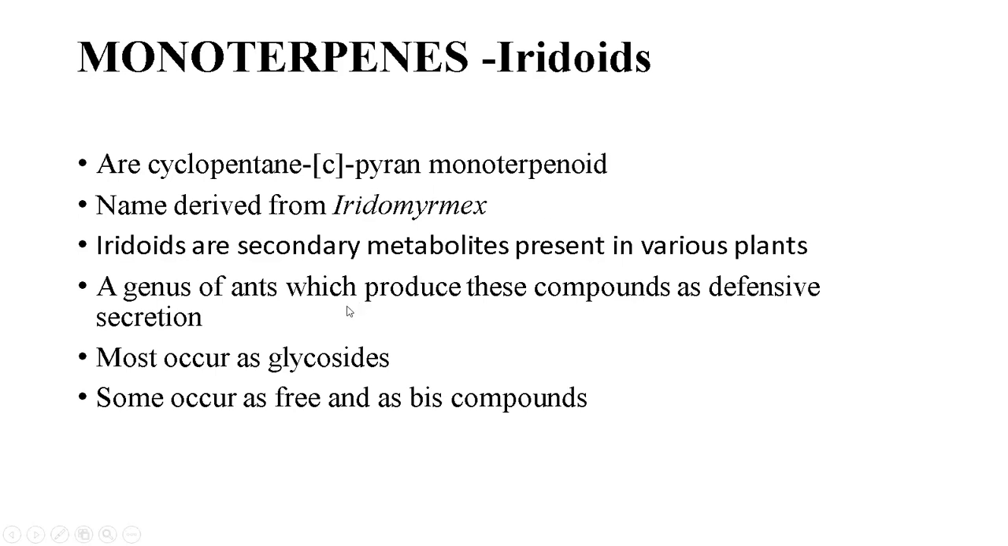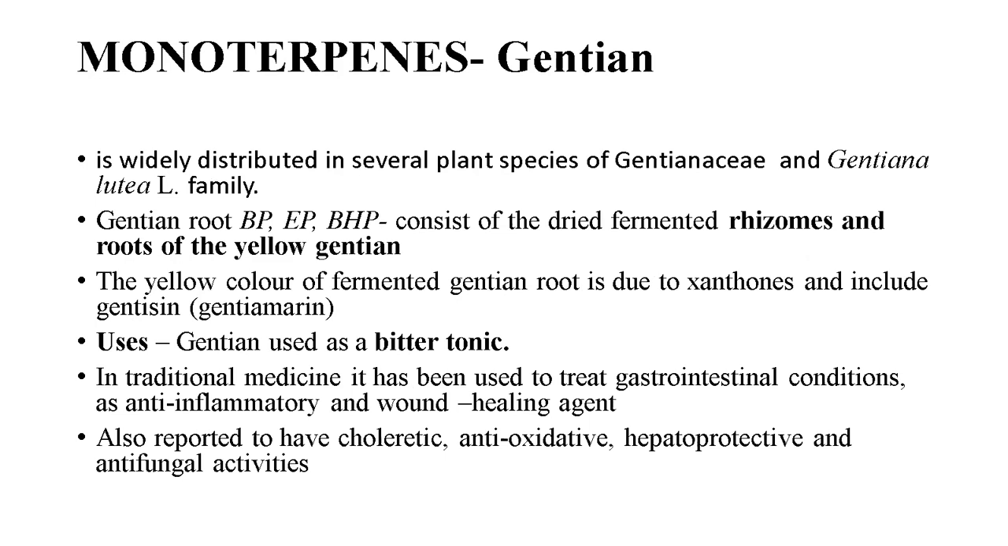Again, they are secondary metabolites present in various plants. There's a genus of ants which produce these compounds as defensive secretions. Most occur as glycosides, some occur as free and as base compounds. The next group is the